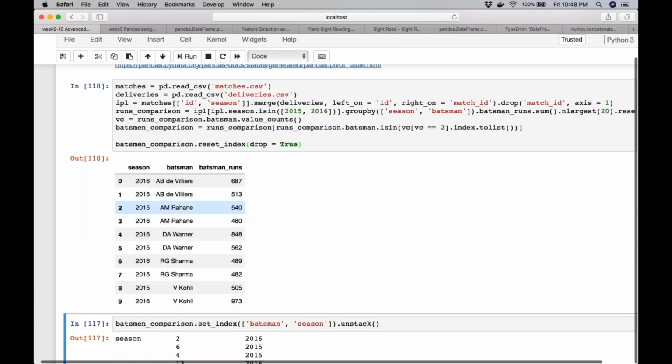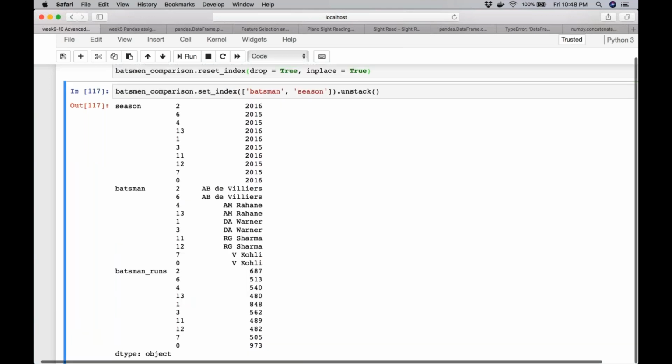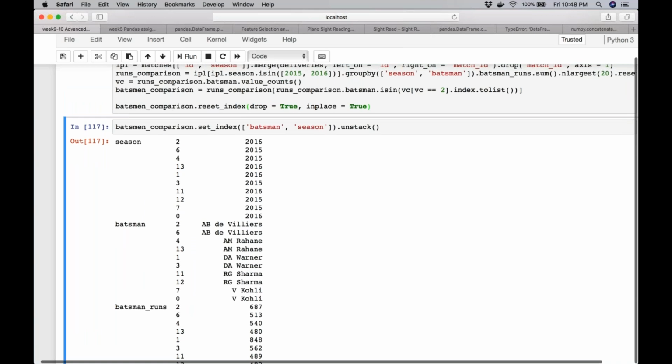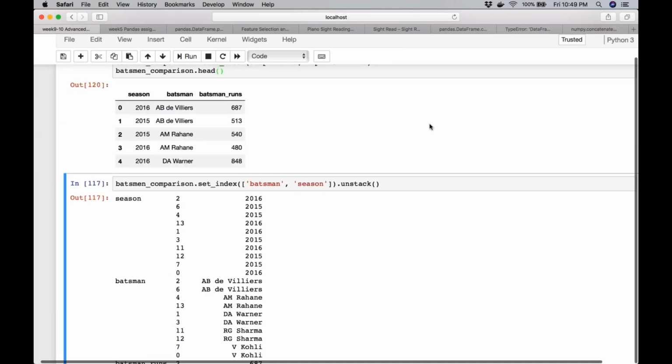This is my data frame. I still need to print it to show you how it looks. Let me just print the head. Okay, so this is my data frame. It has season, batsman, and batsman runs. If I stack this data, unstack rather, sorry.